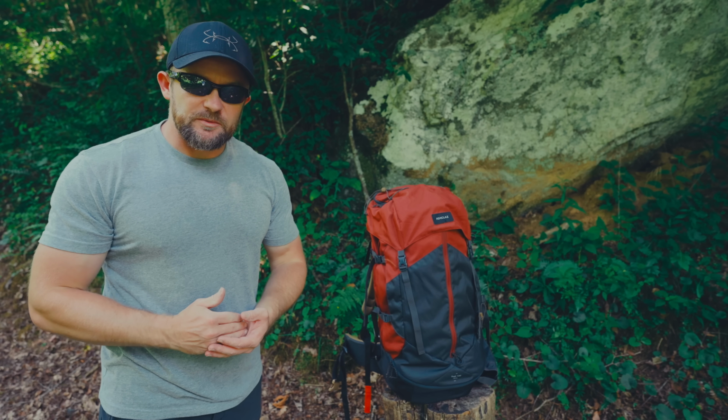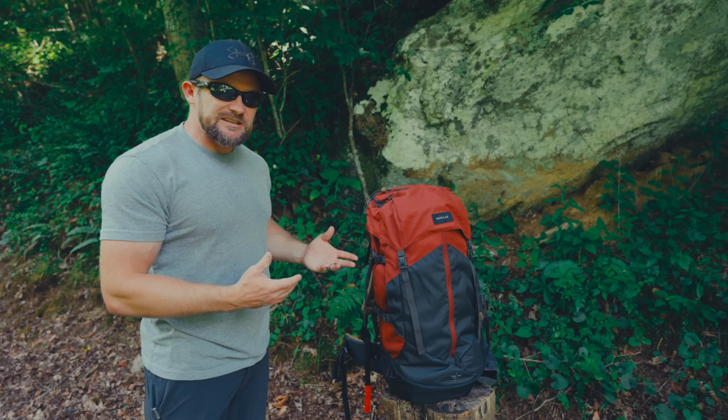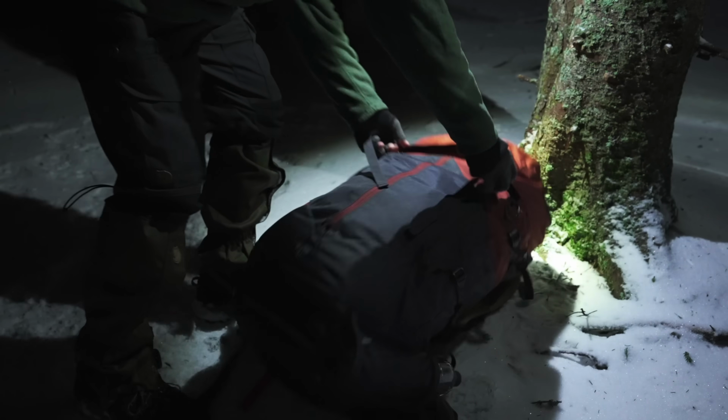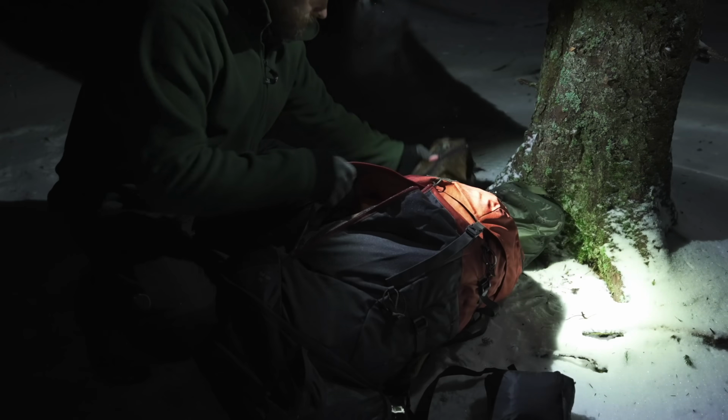With all of that out of the way, let's talk about why I like this backpack so much and why I consider it one of my favorite pieces of gear. First things first, let's talk about price. Now, the price of a product doesn't make a product good, but in this case, you have to consider what you're getting for the money. This costs $120 and it has just about every feature that you can imagine, including features that you don't commonly